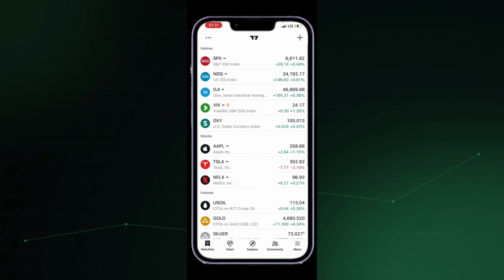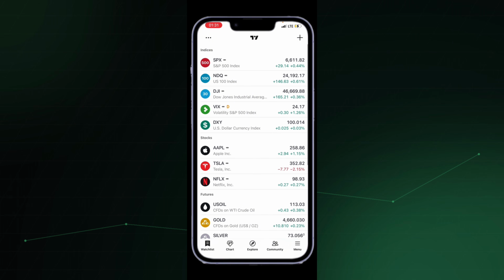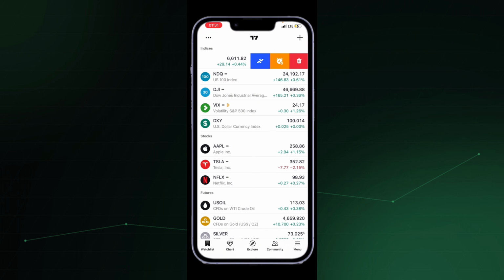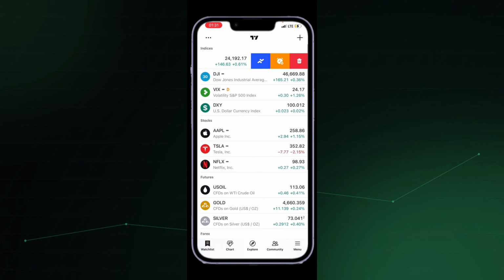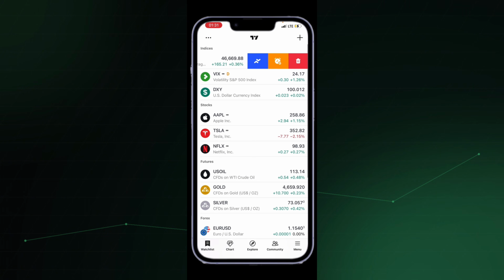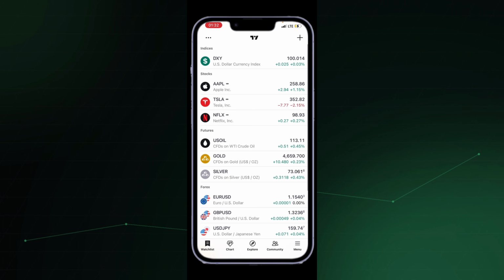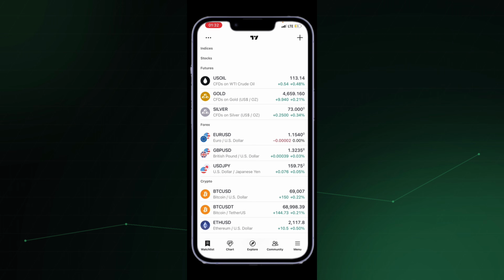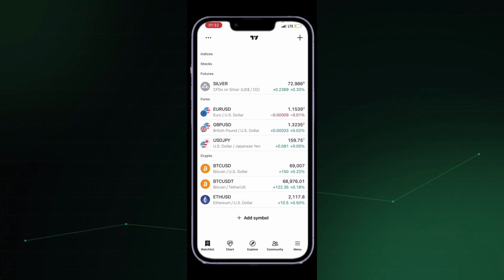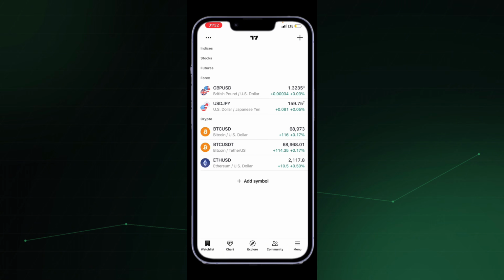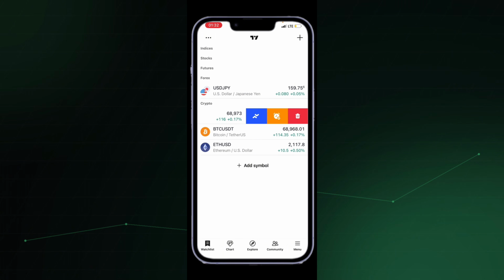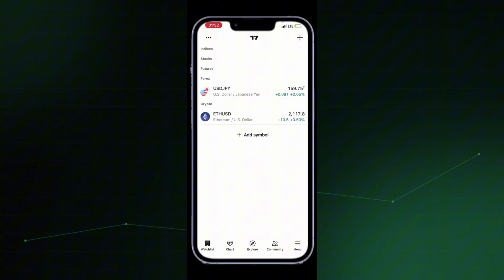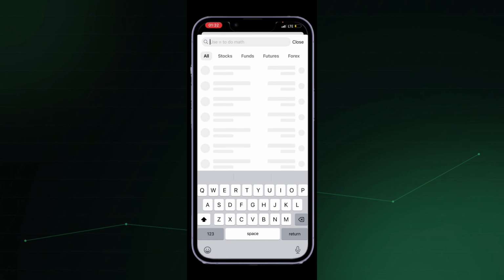So you'll have to delete everything, right? To delete them, you start from the right hand side and then swipe all the way to the left hand side to delete these apps, okay? We'll have to delete every single app here, and then we'll leave only forex pairs, right? The only pairs that we'll be leaving are forex pairs.